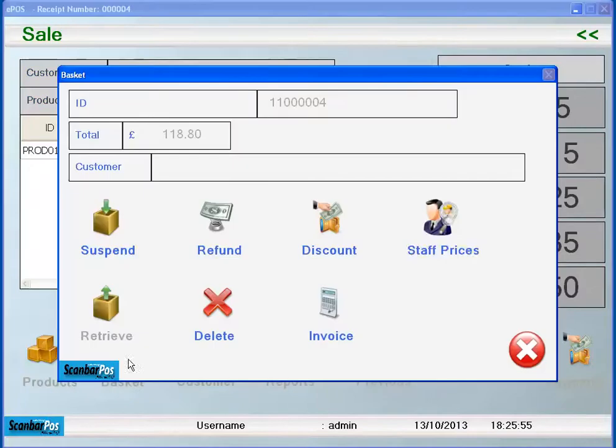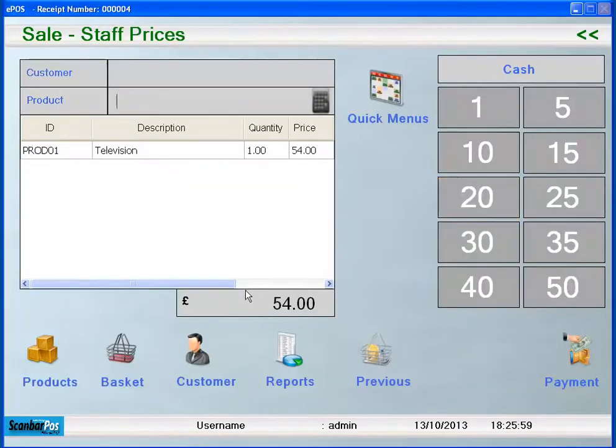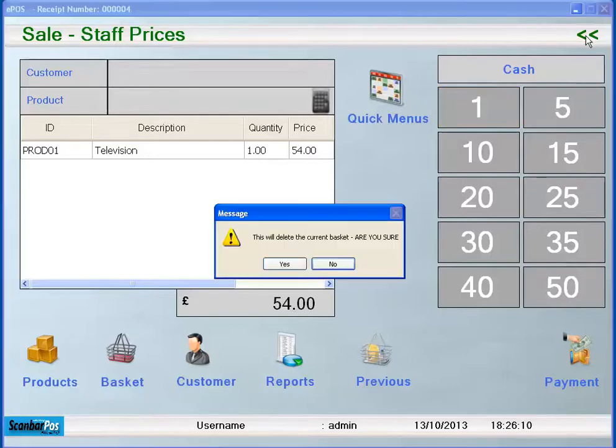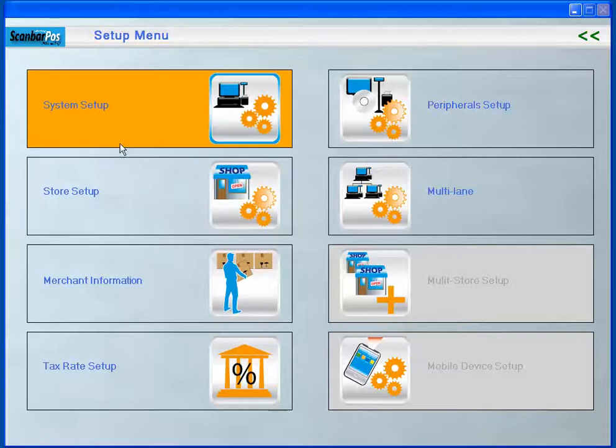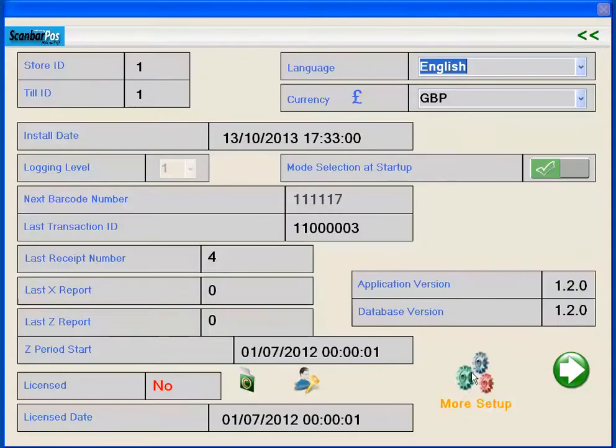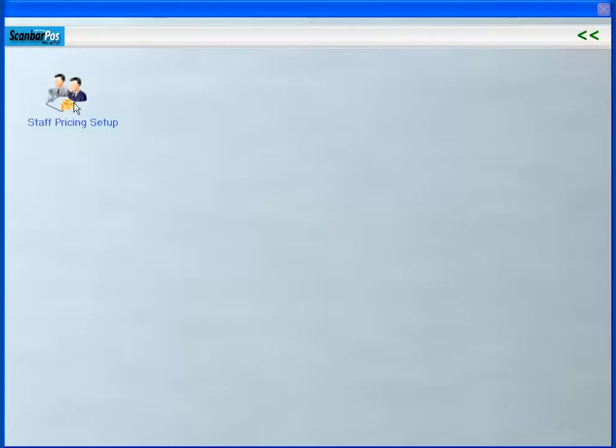If we now go through to basket control and click staff pricing this time, you'll see this price is now £54, which is the cost price plus the tax. So we can skip completing that basket, go back into Setup, System Setup and More Setup and Staff Pricing Setup,